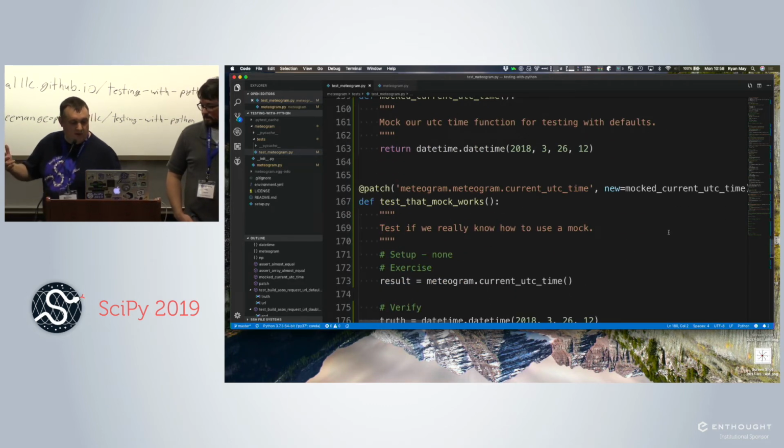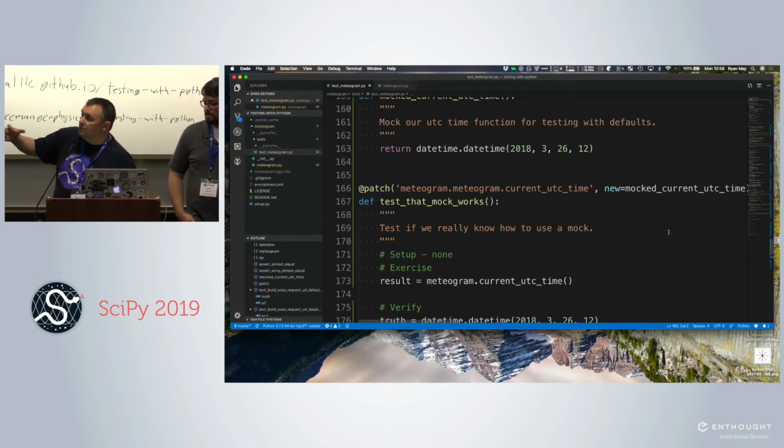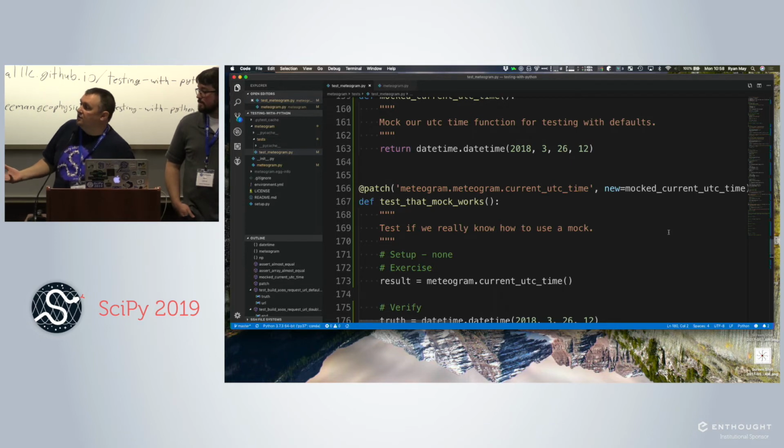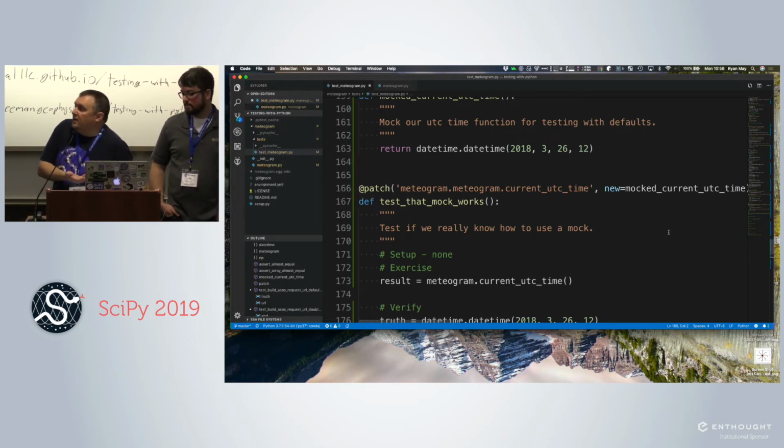So you could do mediogram.current_utc_time equals mocked_current_utc_time. And that accomplishes the same thing without using the decorator. Really, the benefit of patch is that it keeps track, and regardless of what errors propagate out, returns you back to the beginning state. So if you don't care about that, if you're doing it for the whole file, then there's no point using patch. Yeah, this is structured monkey patching.